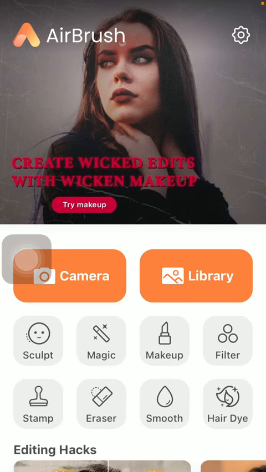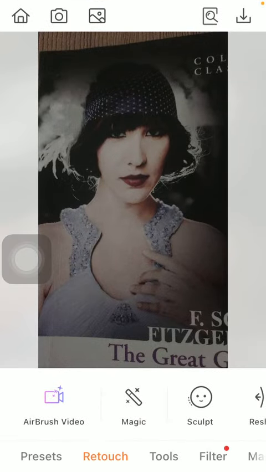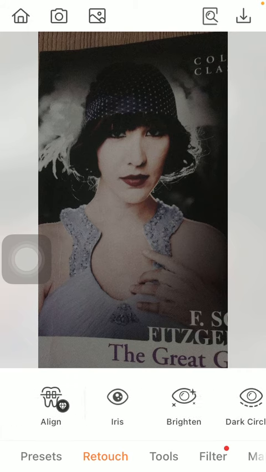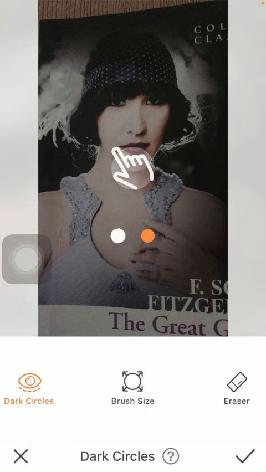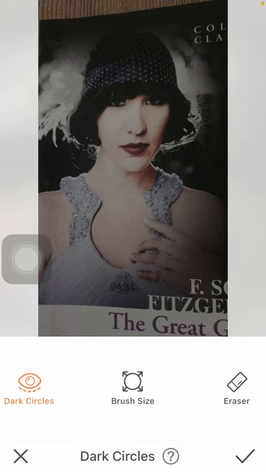First of all, open the application on your phone. Then tap on the camera icon to take a picture with your phone, or go to the library section to select a photo from your gallery. Tap on the retouch button down below and slide to the right side of the screen until you find the dark circles button. So tap on it, and then you should